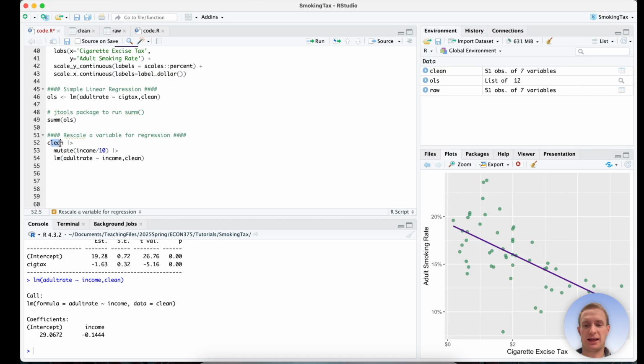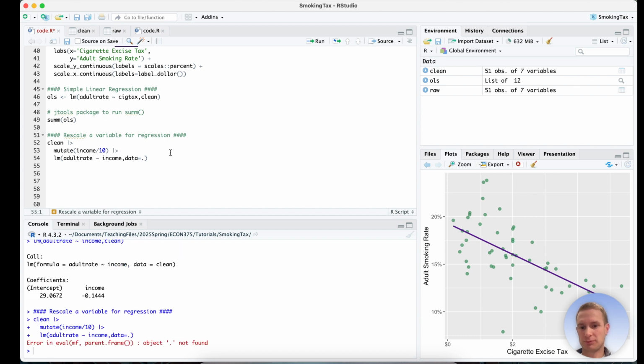Now, if I say, okay, take the clean data and then do something with it and then run a regression here, I don't really need to say use clean again as the data. I can just put a period, or you can do data equals period, which means just use the data that we've already piped in. Okay. So we run that, and